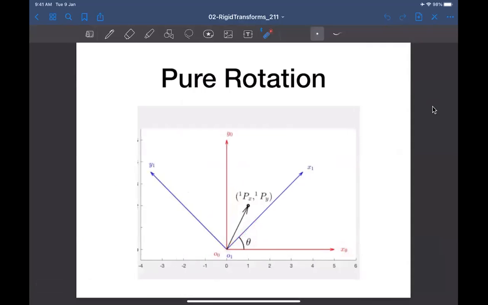This is the first column of your rotation matrix. Then also find the vector projection of y1 into